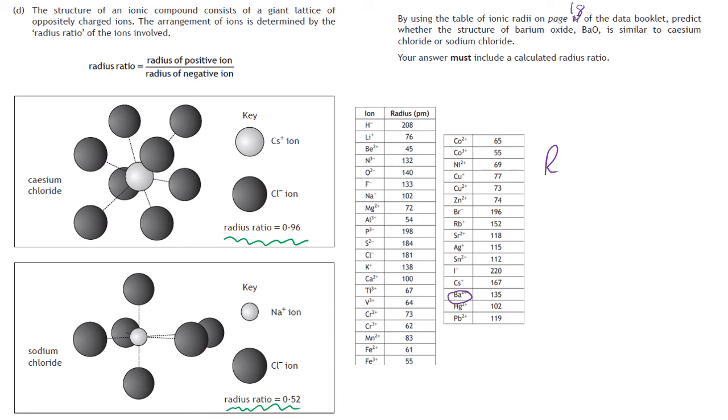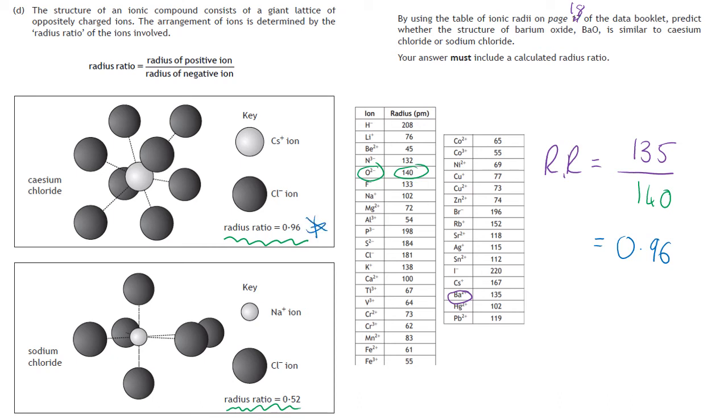So radius ratio is going to be 135. And then we're looking for oxygen. Well, oxygen is here. That's our negative ion. It's going to be 140. And then in your calculator, if you work that out, that comes out to be around 0.96, which if you look,